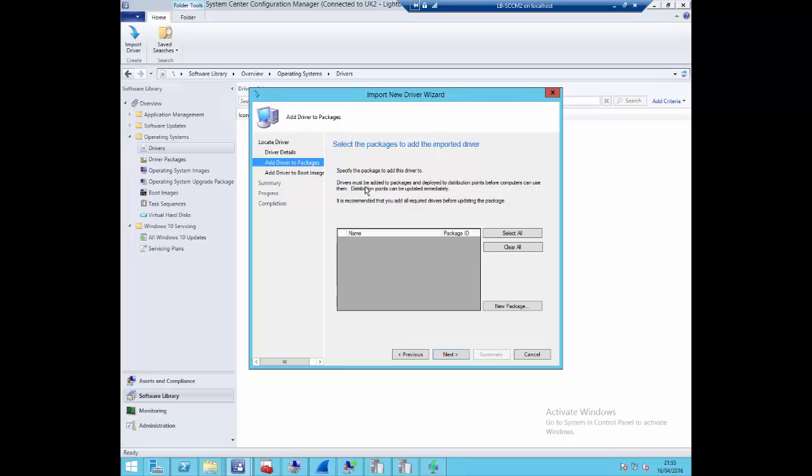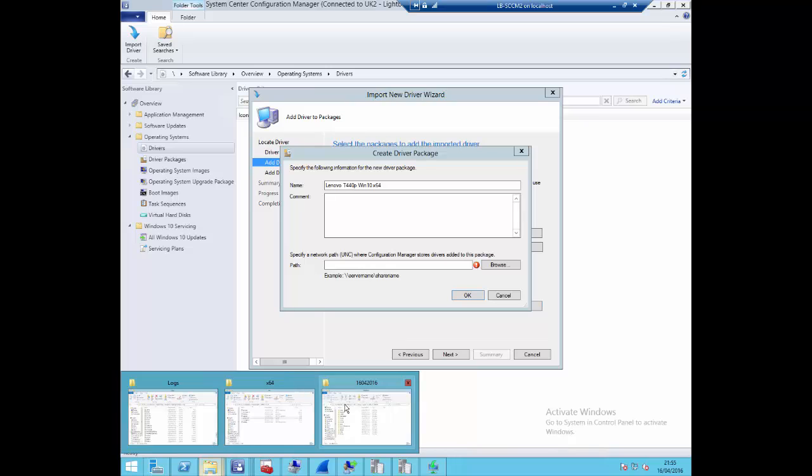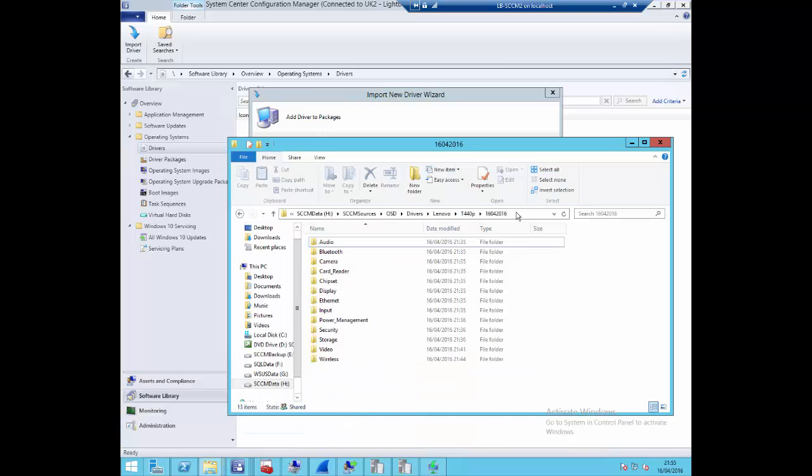Now you see this option where it says, Drivers. It says specify the package to add this driver to. So I'll create a new package also with the name of the model. So Lenovo T440P Win10 X64. And I'll specify the path where it's going to store that package. So if I go, in this case,